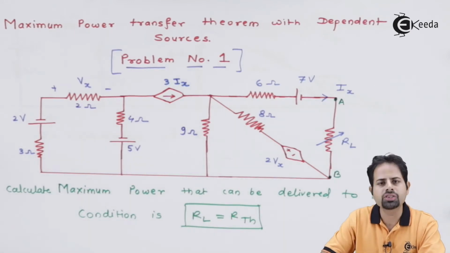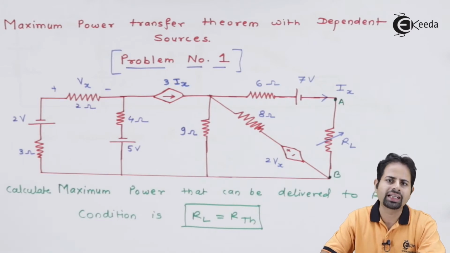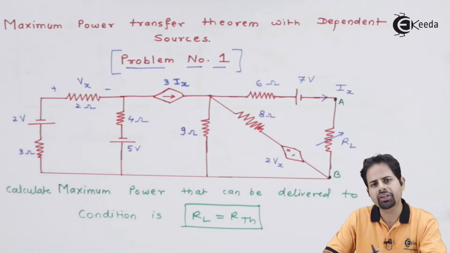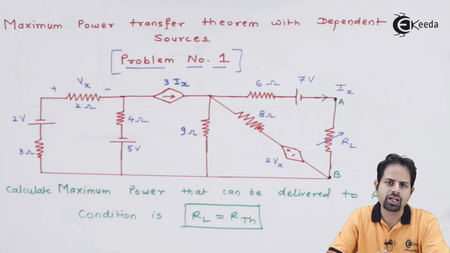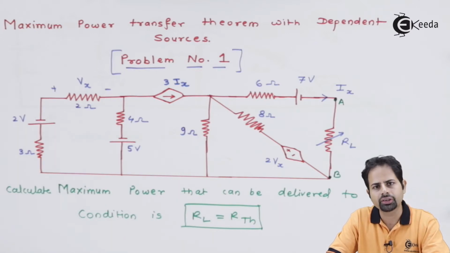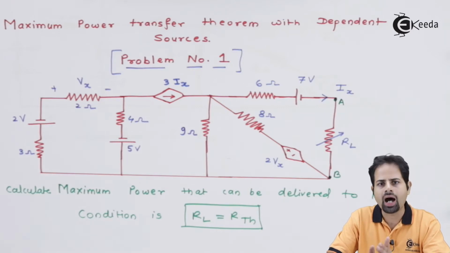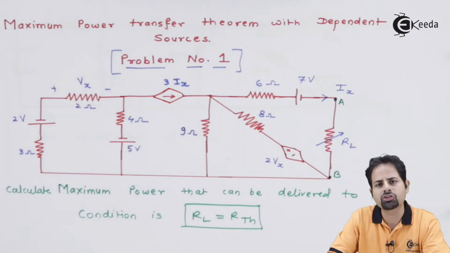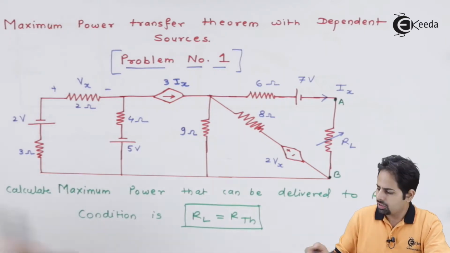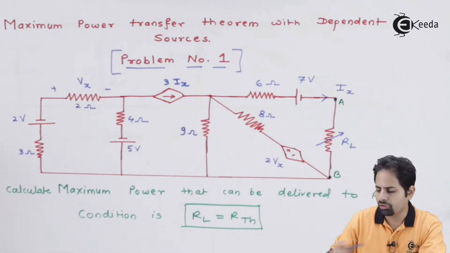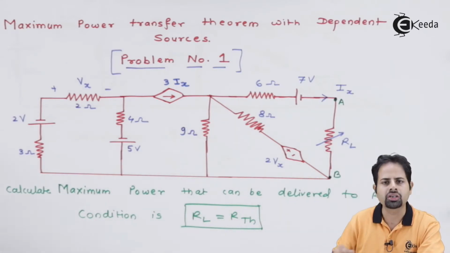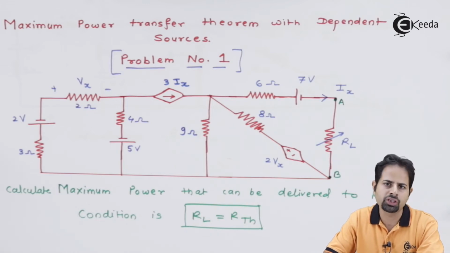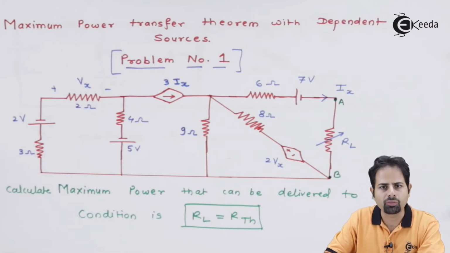Now, how to solve problems for the maximum power transfer theorem is exactly the same way we solve problems for Thevenin's and Norton's theorem. In the first step, we got VTH, that is Thevenin's equivalent voltage. In the second step, we got Norton's current. Then in the third step, RTH, that is Thevenin's equivalent resistance, and then we calculated the current required in a certain resistance. Now after applying all those steps, we will come across this RL and use this condition, and we will find the maximum power by using the formula. So let us start with step number 1.